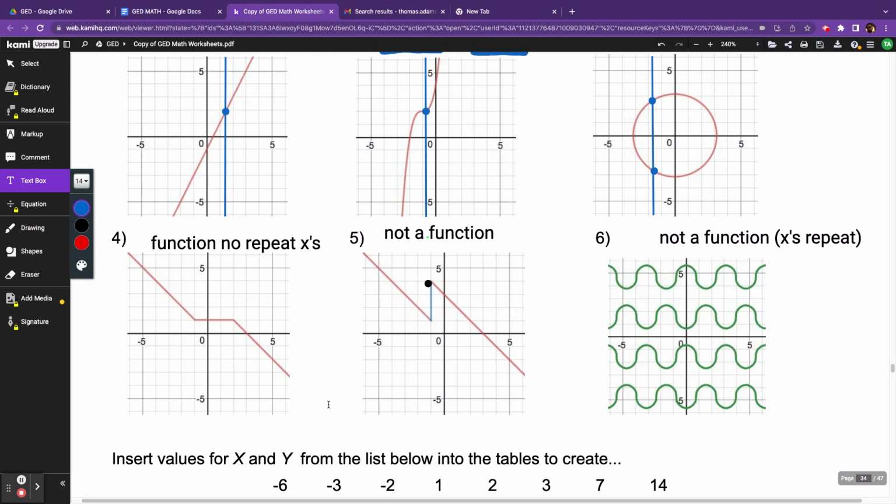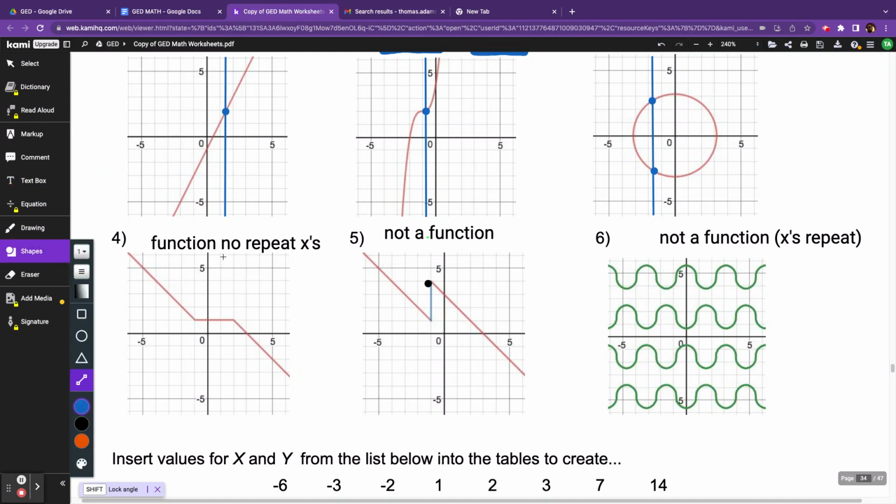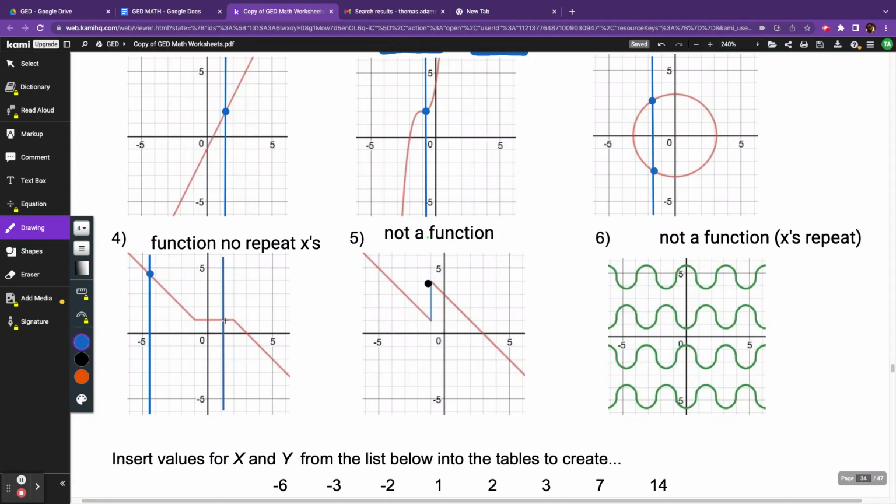So let's do this graph. Again, if I draw a vertical line anywhere over here, it only crosses one time. Here it only crosses one time. Here it only crosses one time. But on this other one, if I draw a line right here, it crosses here, here, here, here, multiple times. Oh, because the line. Yeah. And also, if you graph this,